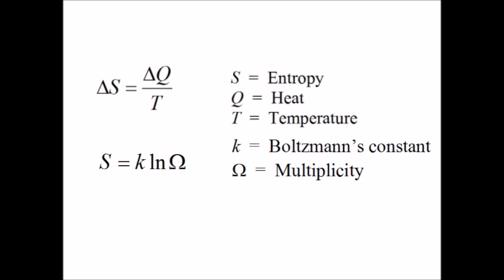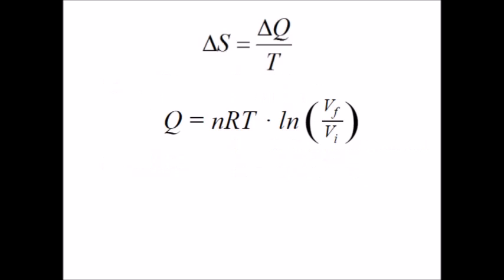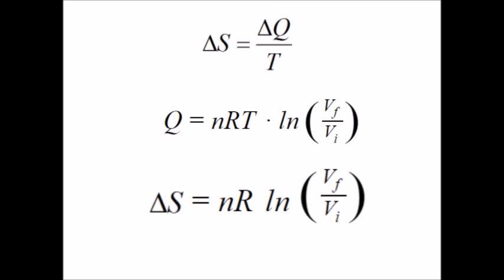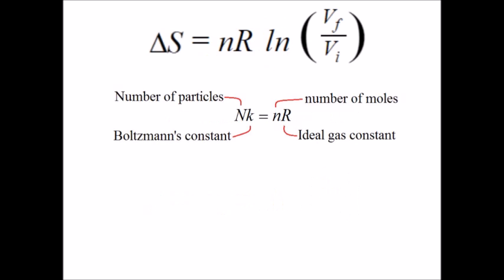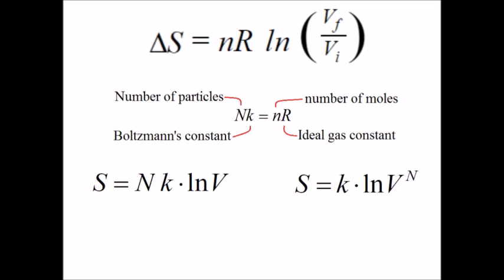Now, where does the rest of Boltzmann's equation come from? From this, Clausius' equation with a little help from our expression for Q. Hey, isn't that good only for adiabatic processes? Yes, but don't worry, this system, the coins, are not gaining or losing any heat as we flip them. Now, rearrange using the connection between Boltzmann's constant and the ideal gas law. Avogadro is smiling in the background somewhere. We'll also assign V initial a value of 1, and that way we're getting something like an absolute value for entropy. This is not a rigorous proof, I should admit that.